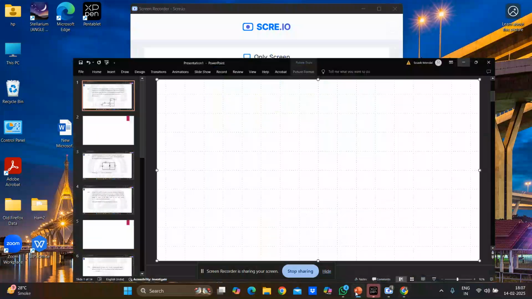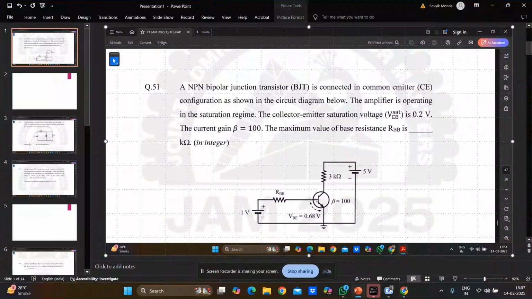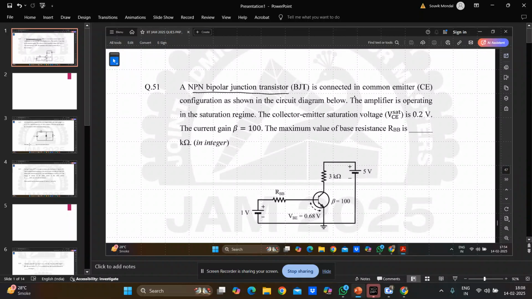Okay, so today I am going to discuss another session, that is JAM 2025. This is the NAT 2 marks questions, numerical answer type. This is the 2 marks question, the second part of NAT. Okay, so let's start. The first question says you have an NPN bipolar junction transistor which